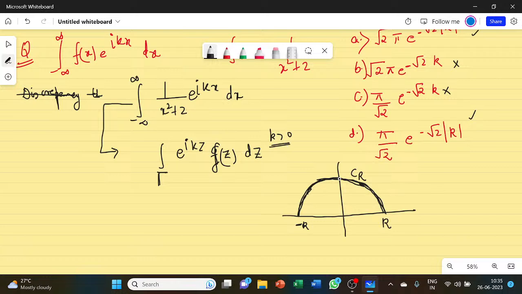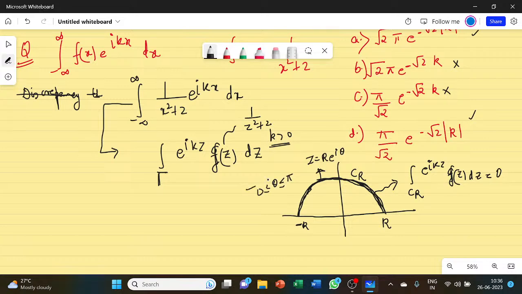And what happens is that when you evaluate this integration over the upper half, the integration over C_R of e to the power iota kz g(z) dz goes to 0. How does that go? Let me show you. Here g(z) is simply 1 upon z square plus 2. Just compare it. And any complex number on C_R would be z equals r e to the power iota theta, where theta varies from 0 to pi. So if theta varies from 0 to pi, this will constitute your upper half of the semicircle. Okay. So if I integrate this up,